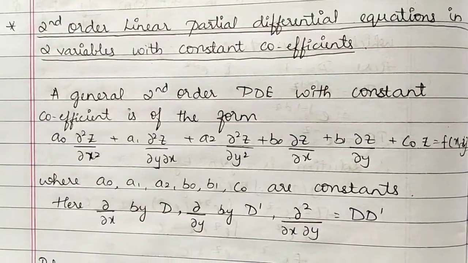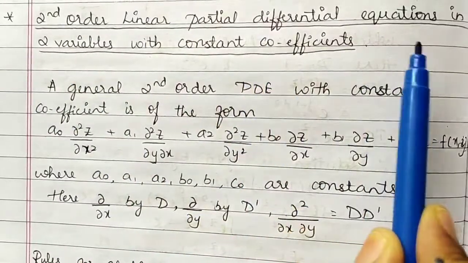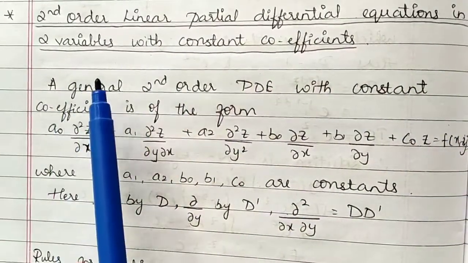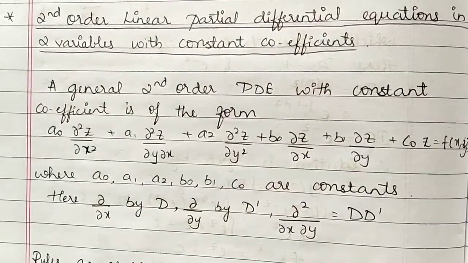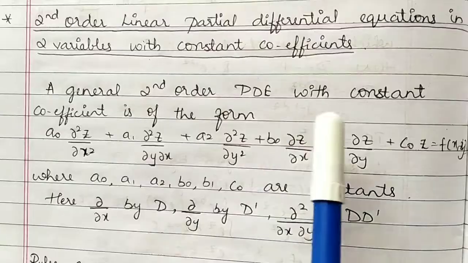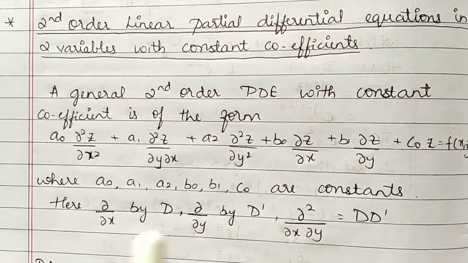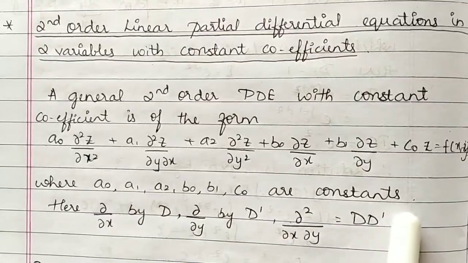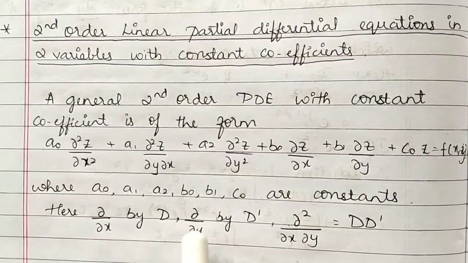Hello students, today's topic is second order linear partial differential equations in two variables with constant coefficients. Generally, a second order PDE with constant coefficients is of the form, this is a general form where A0, A1 are all constants. In this topic, ∂/∂x is denoted by capital D and ∂/∂y